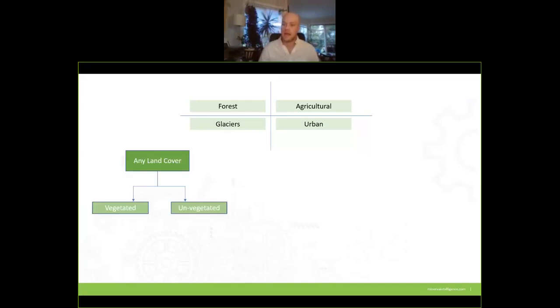So just as a quick example, let's imagine we have 4 land use classes or land cover classes. So we have forest, agricultural, glaciers, and urban. There's kind of different ways that we could split this up, and this is to illustrate the concept of a multi-hierarchical classification system. So if we have the land cover classes, we could split them based on whether they're vegetated